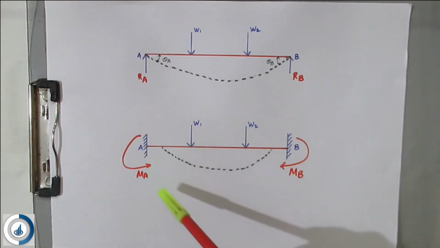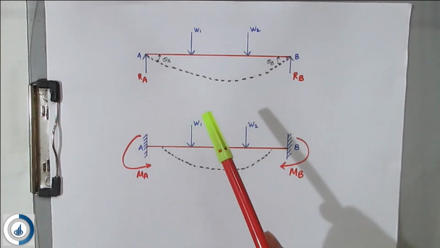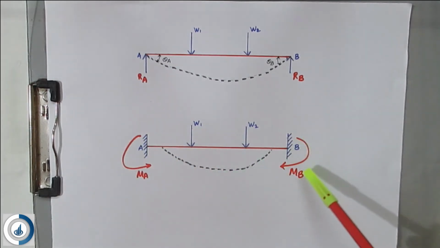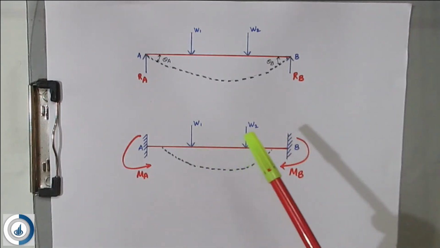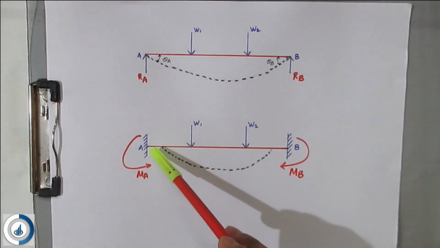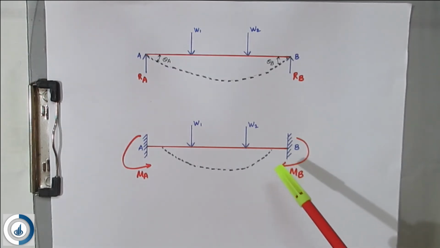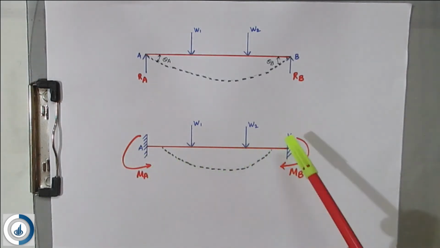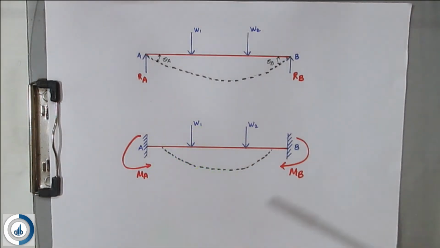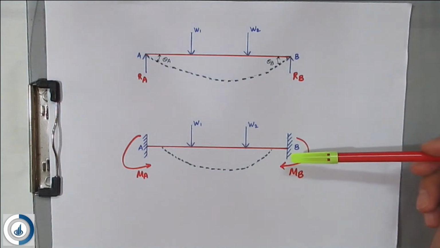So that's why it is known as fixed beam. If the end support doesn't provide sufficient reacting or restraining moment, so if these moments are not sufficient to make slopes theta A and theta B zero, some slope will be produced at that support. So here there may be theta A and theta B, provided these moments are very small, but in most cases the restraining moment will be higher and the slopes theta A and theta B will be 0. So this is the clear difference between simply supported beam and fixed beam.